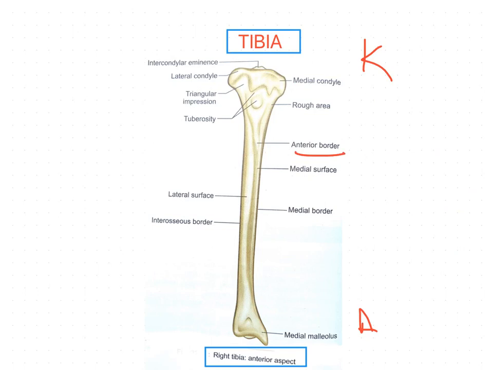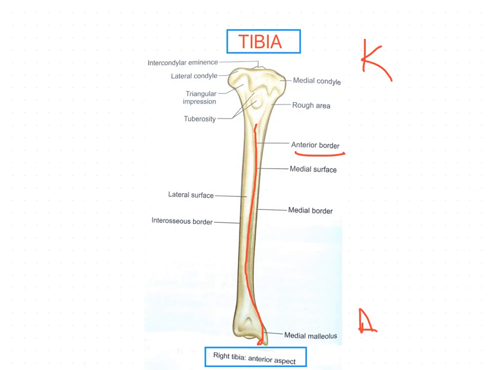This anterior border runs downwards from the tibial tuberosity. Its lower part turns medially and reaches the anterior margin of the medial malleolus. Okay, this is the anterior border. Next we will see the